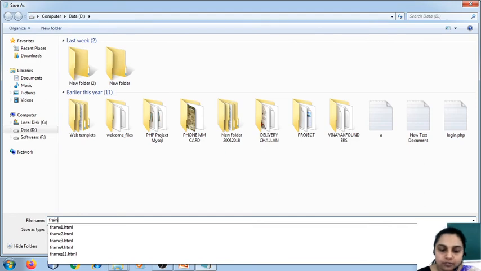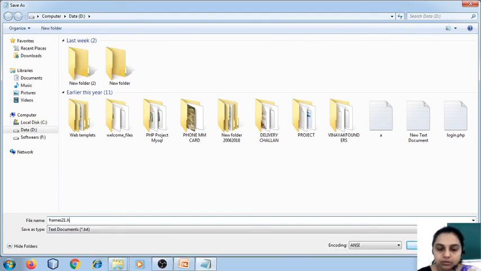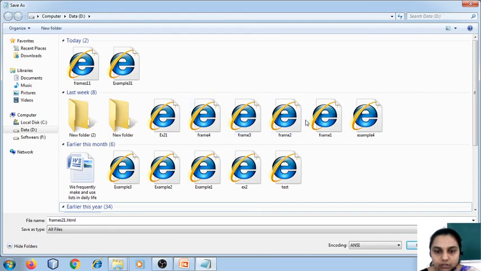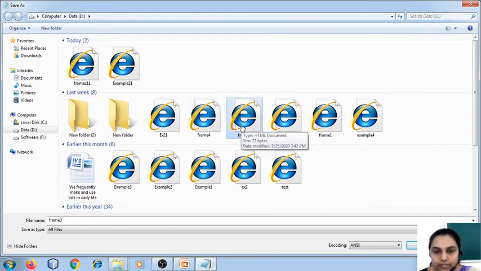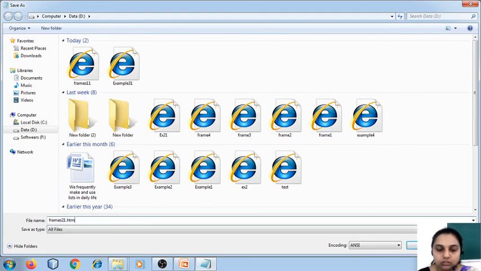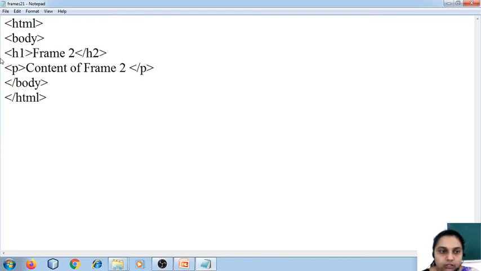Going to save it as frames. I have the files named as frame1, frame2. Can you observe here? Okay, so that is why I have named it as frame21.html. Okay.